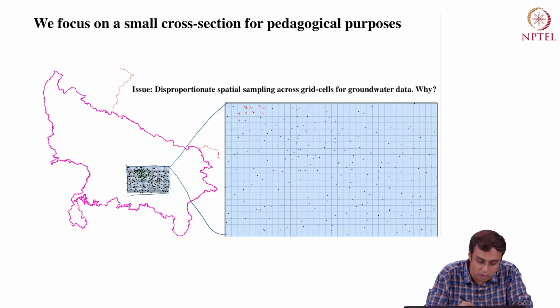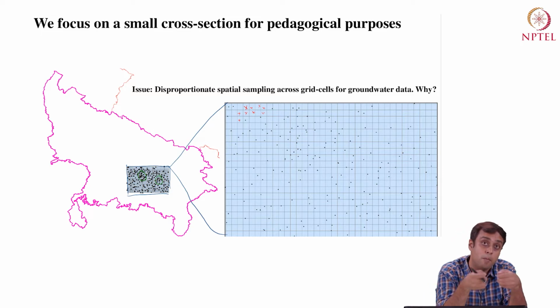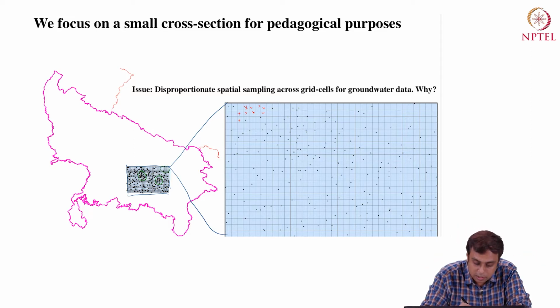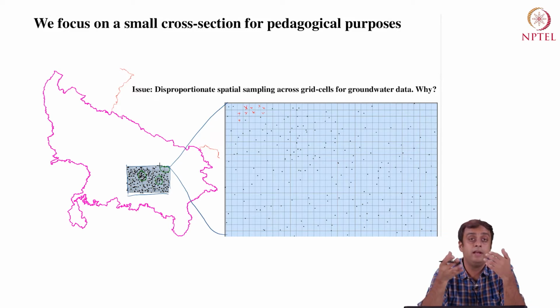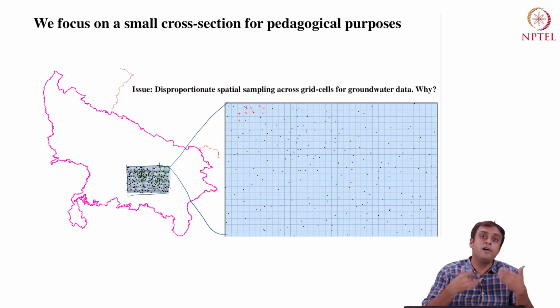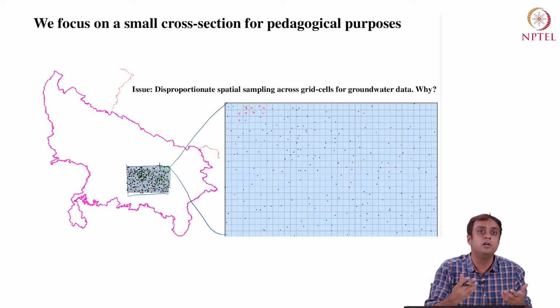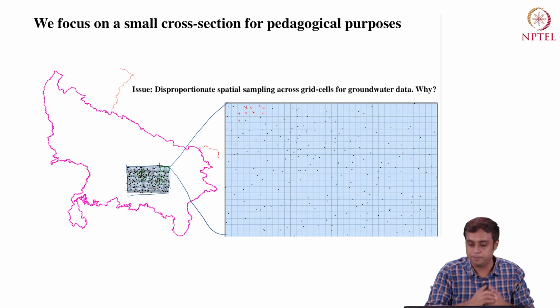For example, if I look at this region in green circle, there are two regions that I am able to find which seem to be more densely monitored by the monitoring agency, that is Central Groundwater Board, than other regions, let's say on the east of this cross section, right? Now, there are many reasons why this can happen, right? It is possible that there are some regions that require more intense monitoring, some regions that are more prone to depletion of groundwater, and hence the monitoring agency decides to go in and monitor that region more closely, right?